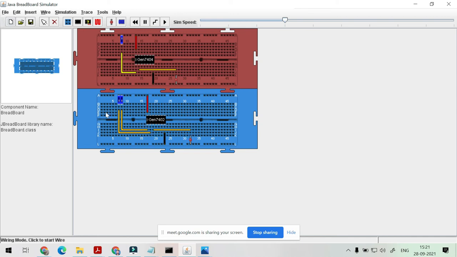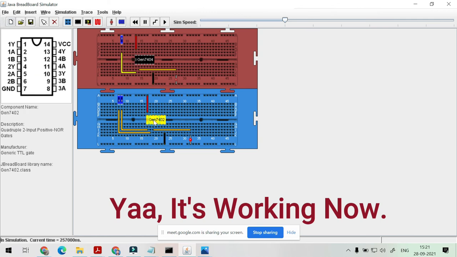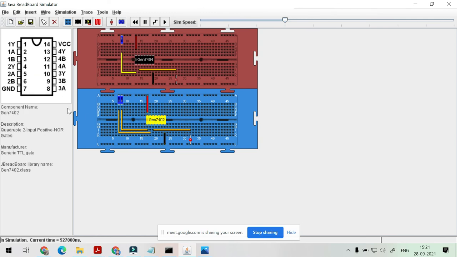Okay. After this, you can check it. Yeah, I think some error is there in marking here. We have to provide input at pin 1 and 2, and we have to take output at pin number 3. So there is error in the writing of this serial number.